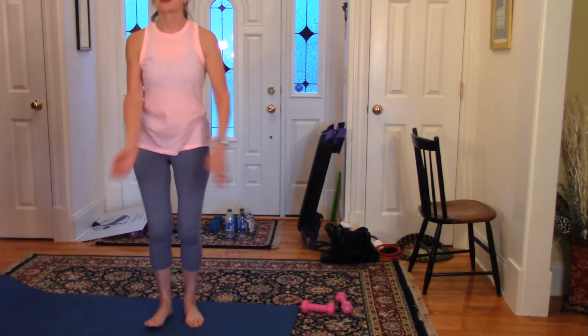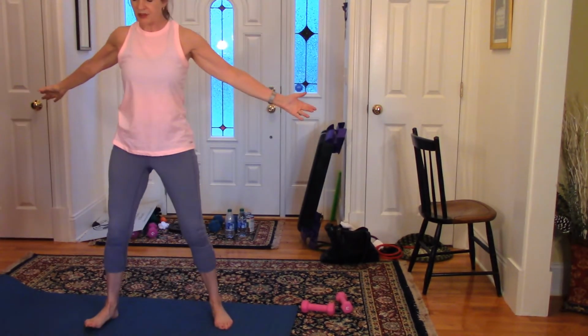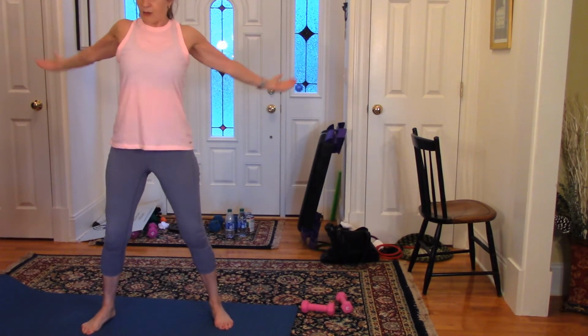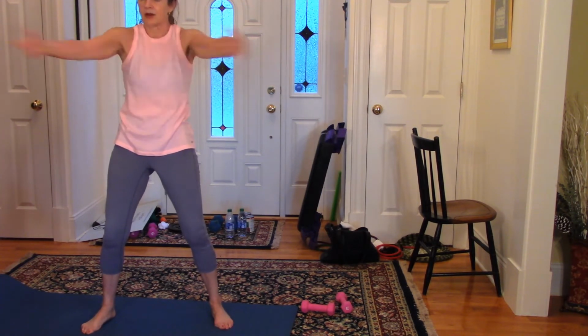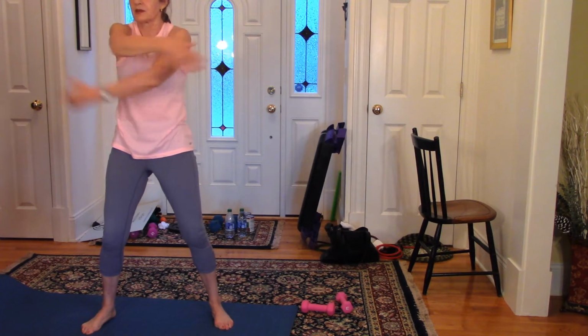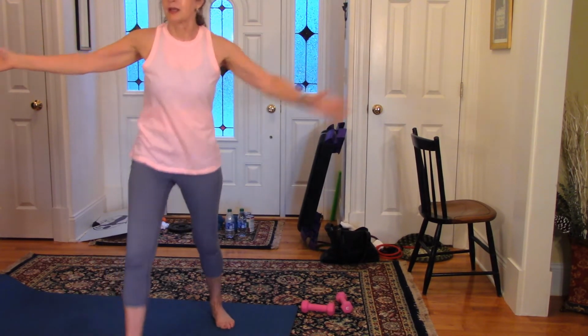Put both feet together, inhale up. Exhale down, and right here, open up the chest. Open, and then open up the shoulder blades. Open and close. Keep going. Open, close. Open, close. 4, and 3, and 2, and